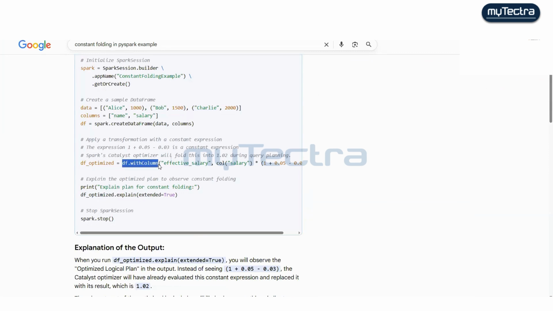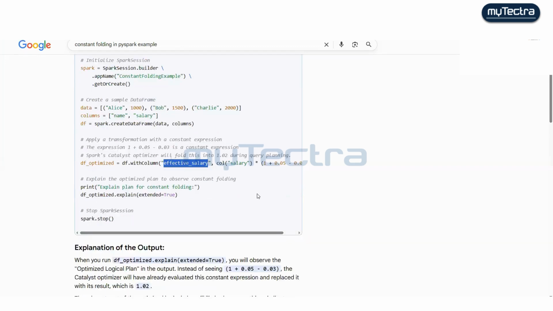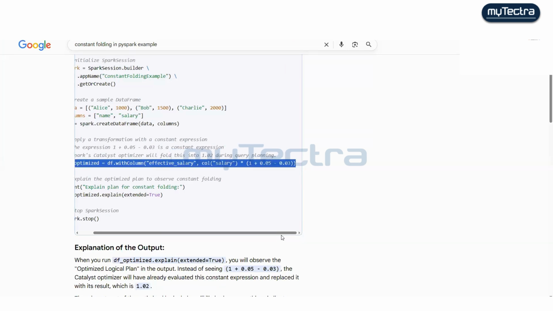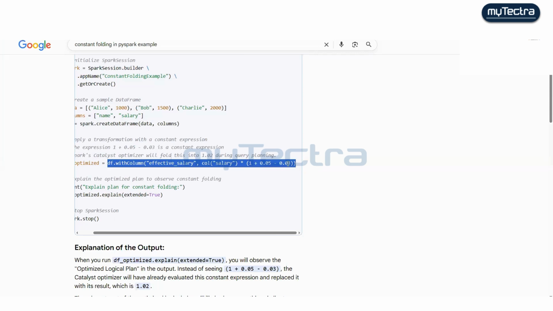Here with column money you are adding one column, which is effective salary. You don't have that one effective salary column. If you do these things at runtime, the whole execution will take a lot of time. Instead of that, because your action is explain, instead of the DF optimization, if you create it like this,